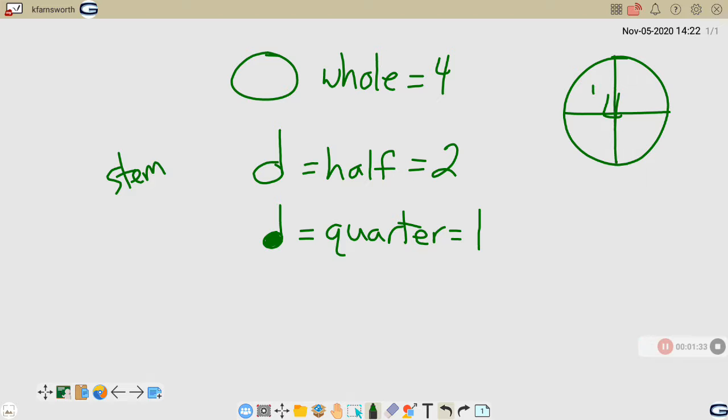So I've got 1, 2, 3, 4. I've got 4 quarters in there, and each one of those quarters is equal to 1. And the 4 ones together add up to a total of 4. Okay? If I take my quarter note and now add this thing to the side of it called a flag,